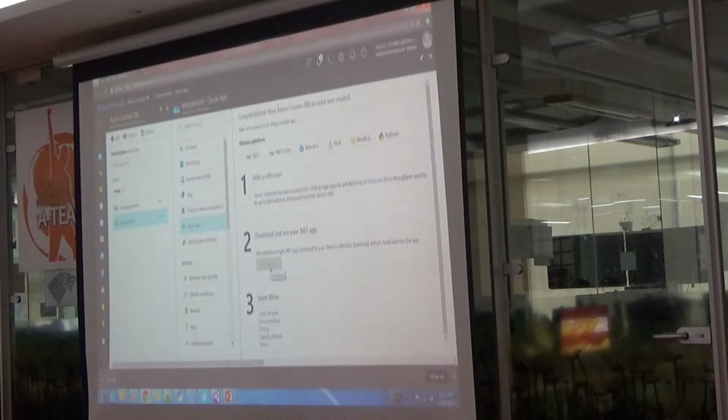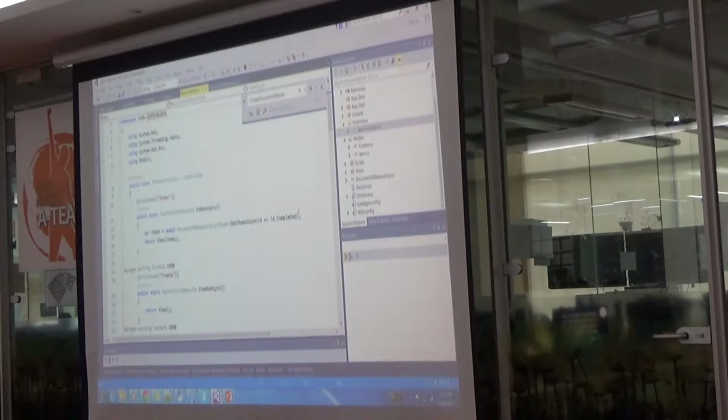Download this. This is the same application. I am using the same one because you can go home and try the same thing and you will have a similar experience. It won't be like, what is this, he was talking about something else. It will be the same thing. So what I've done, I've already extracted this out, and I've not changed even a single line of code. I'm using the same thing.